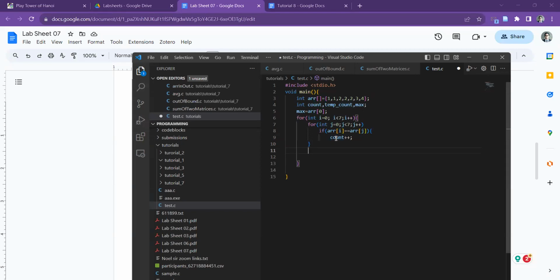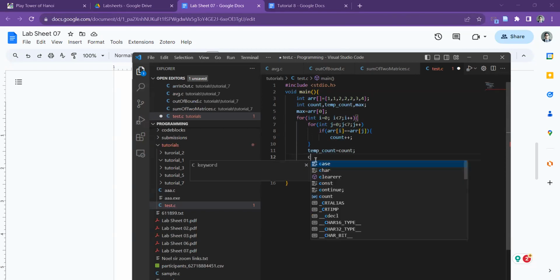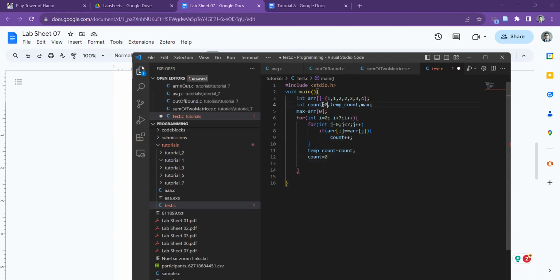So after that, I'm going to assign that to the one count, or to the initial count, which translates, right? And what I'm doing is then